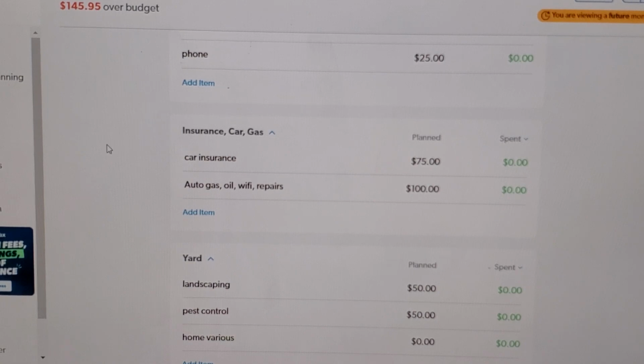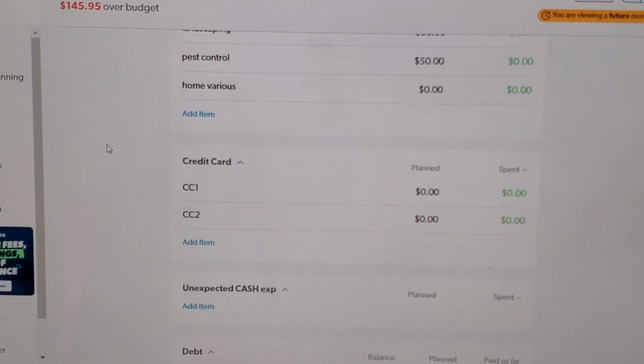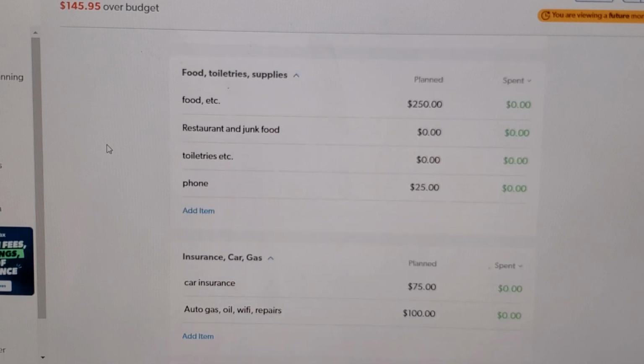So I just wanted to show you this. It's not a scary thing to do. The biggest thing that I have found in all of this, especially with food and these categories right here, is that they are variable. They're extremely variable, and you have to put in all your details, or you won't know 6 months from now